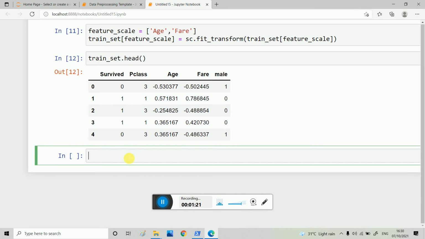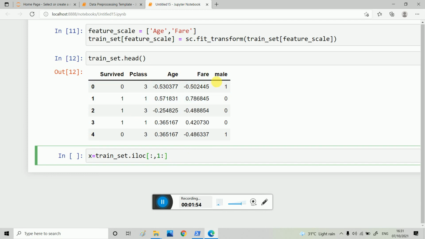So firstly, let's say X is equal to train set dot iloc. I already explained in my previous video what iloc is. I want all the rows, so that's why I put a colon here, and I want the columns from 1 to the last, so I write that here.